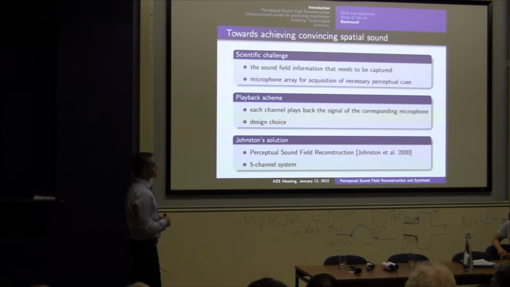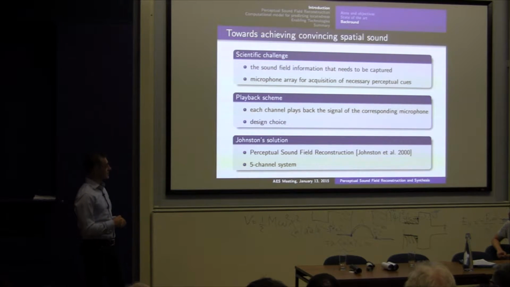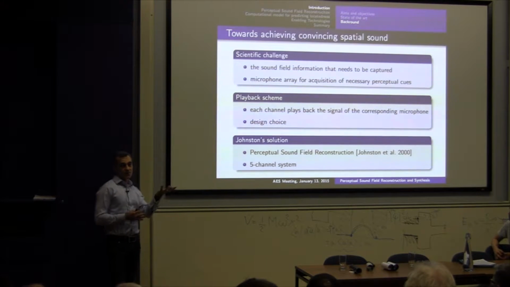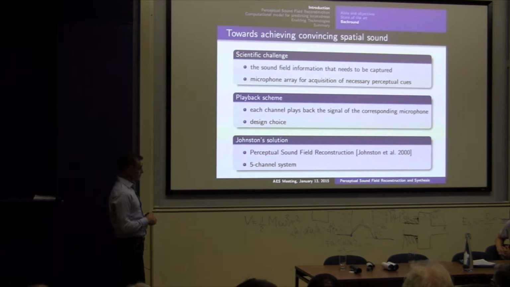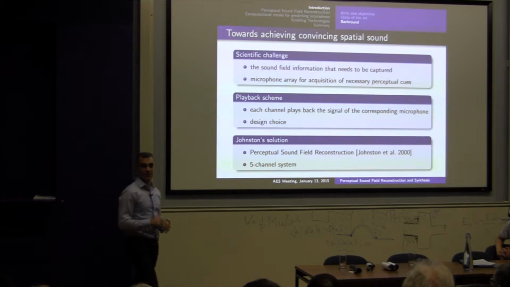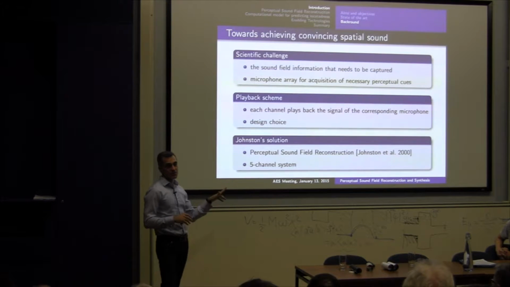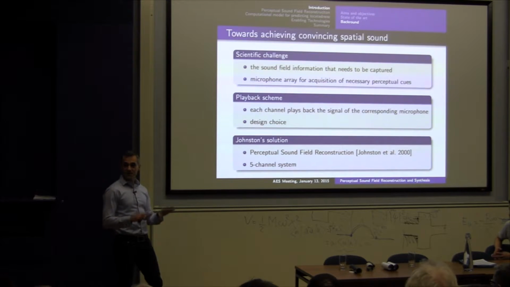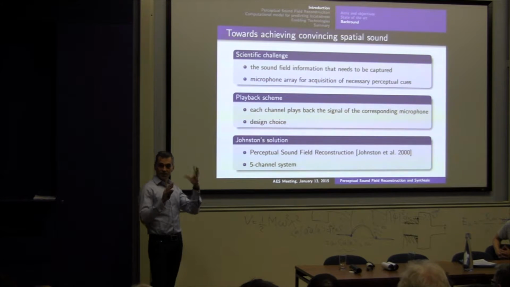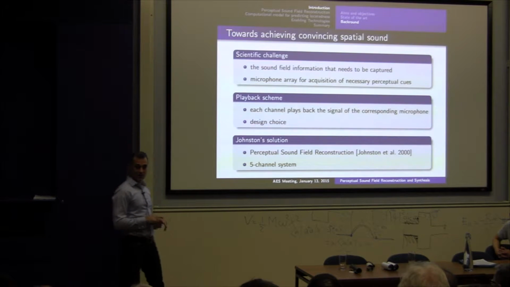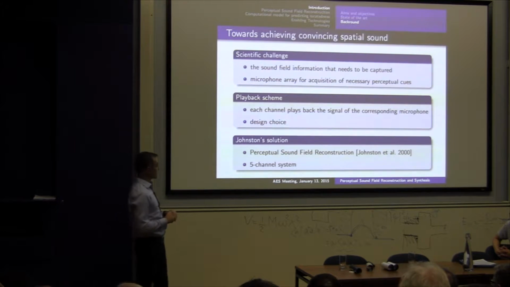As for the playback scheme, what we decide here is that each of the channels of the microphone array is going to have a dedicated loudspeaker, and we will be reproducing those without any mixing. This also relies a little bit on some early work by Fletcher from the 30s, which under certain conditions established that any kind of mixing of the channels, he was using only 3 channels, is blurring the auditory perspective. We are not really going to deal with details, but say we're going to make the choice. So we are going to have a microphone array, and each microphone is going to have a dedicated loudspeaker and just produce whatever we record there.